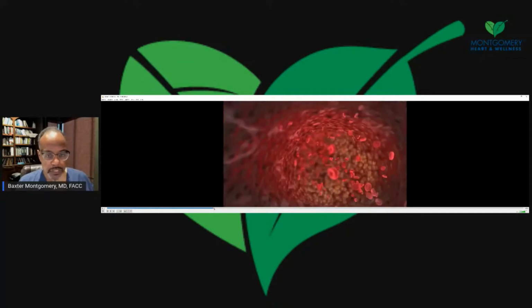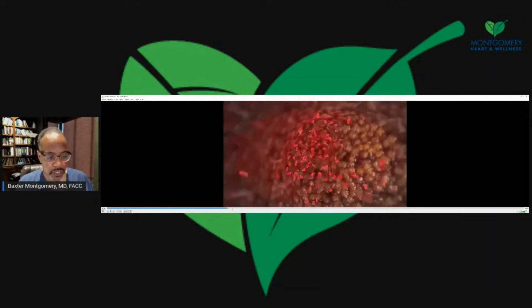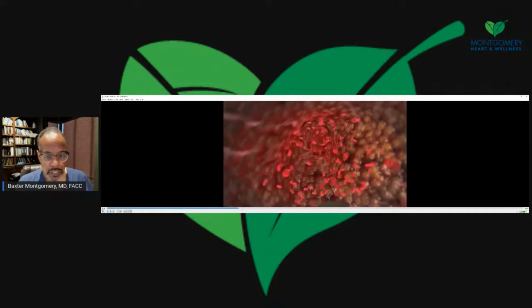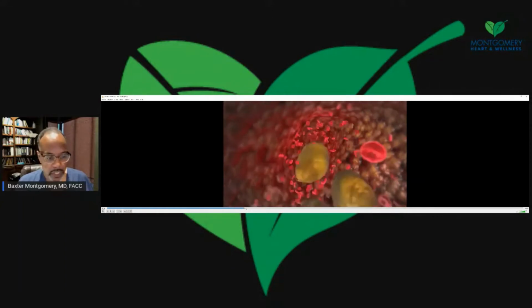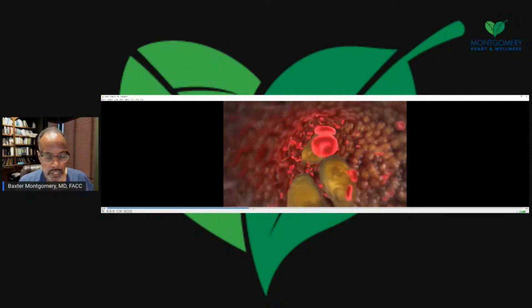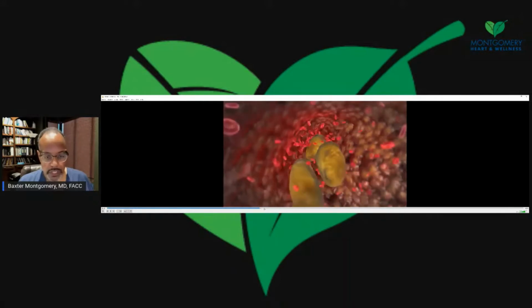Now we're looking at the other side. You're going here. You see, here's the thrombus right here, and the blood's moving that way. You're going to start to see a clot form as you get closer to this section here. Okay, you got the debris here. And now you're starting to see